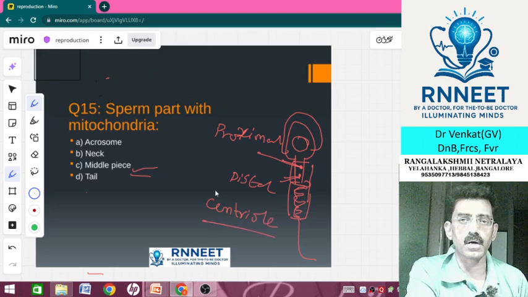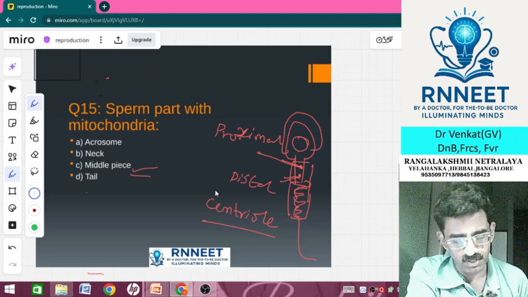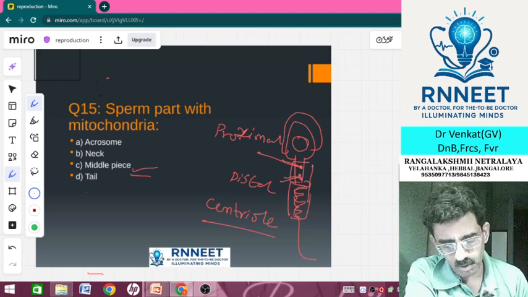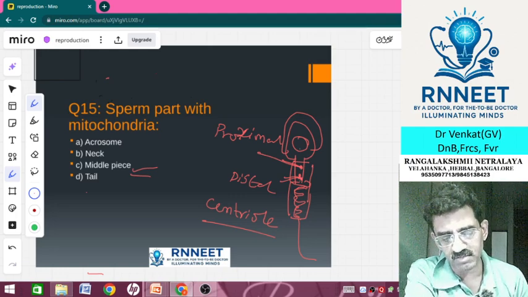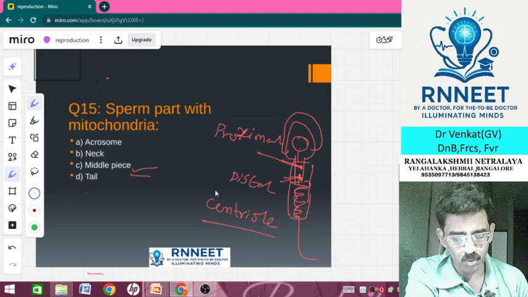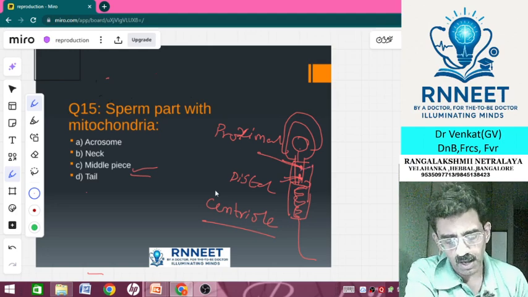Please put it in the comment section. I would like to see more of it. What is the role of the distal centriole? Proximal means closer to the head, and distal means further away from the head. The one that is closer to the head has a function, whereas the one that is distal to it maintains